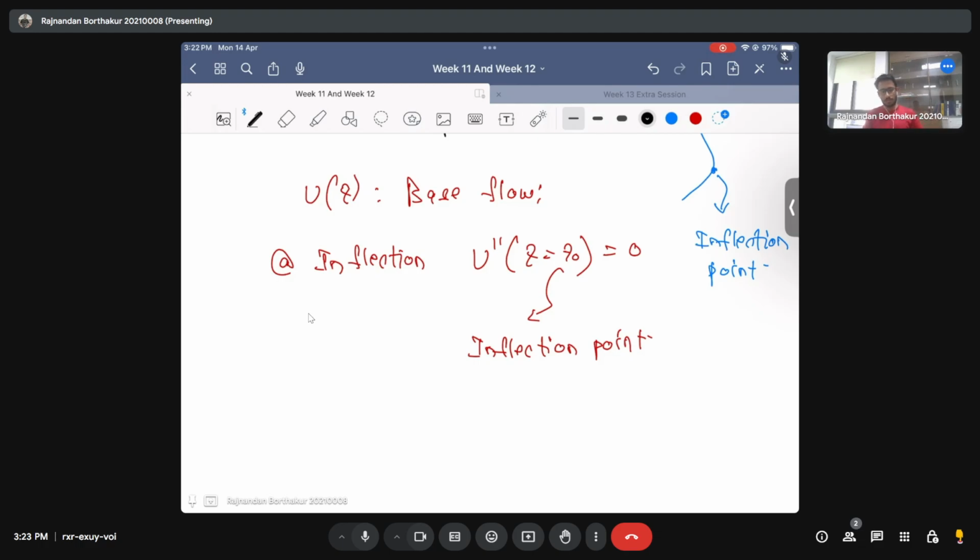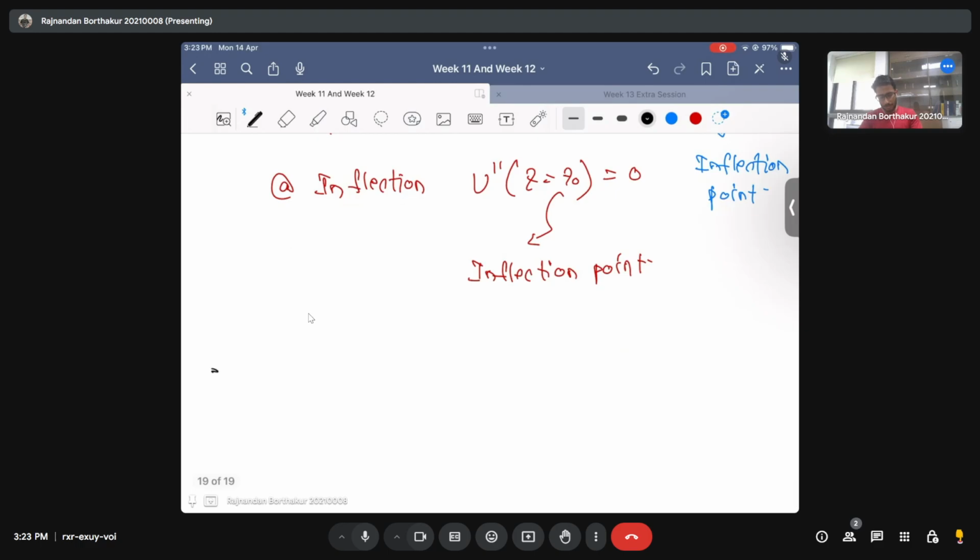All right. So let's just finish this criteria first. In order to understand the Rayleigh inflection point criteria, let us take an example. Let us consider a simple Couette flow and try to assess the stability of Couette flow by using the Rayleigh inflection point criteria. So the example is that we'll try to assess the stability